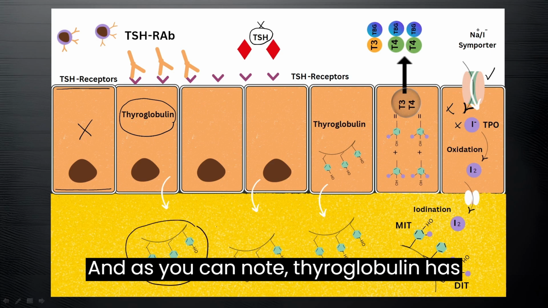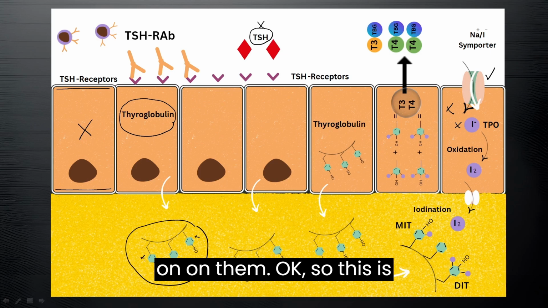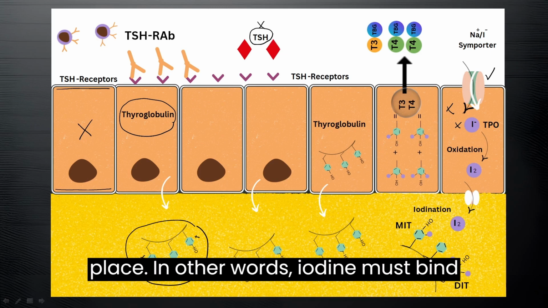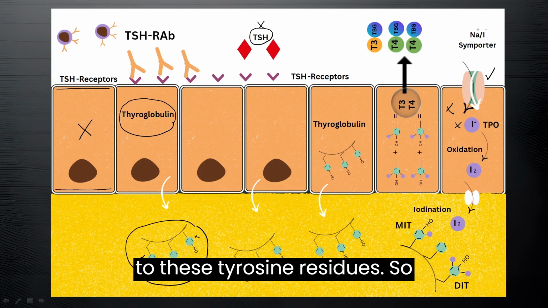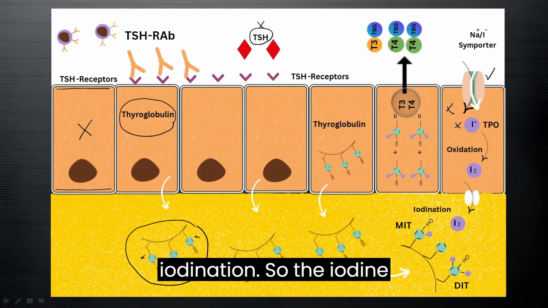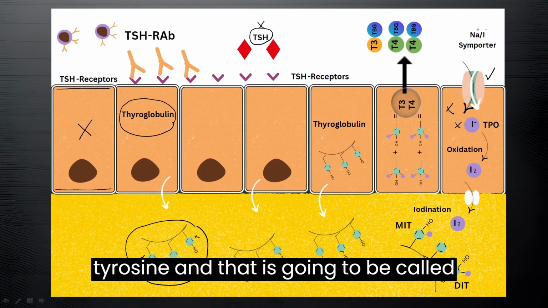And as you can note, thyroglobulin has these tyrosine residues on them. Okay, so this is where the iodination process must take place. In other words, iodine must bind to these tyrosine residues. So we have the thyroglobulin meet the iodine, and we call that iodination. So the iodine that comes in may bind to one of the tyrosines, and that is going to be called